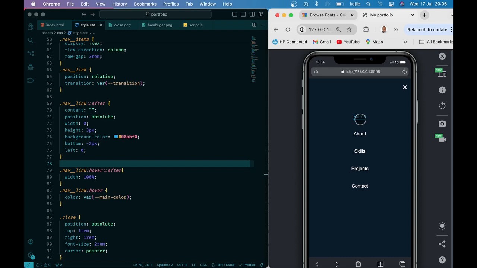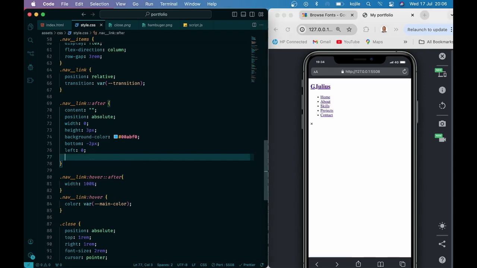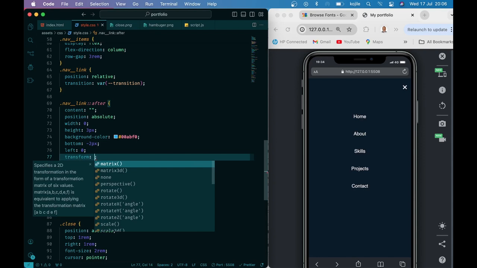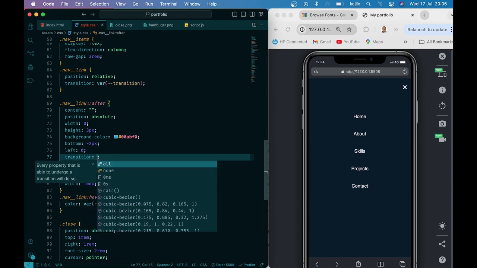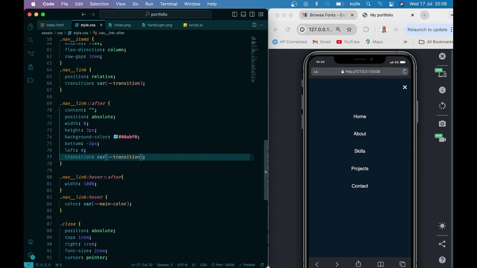Now again, it is suddenly appearing, so we need a transition again here. So transition. So we have this transition also applied. Now when you try, good. So everything is working perfectly. I'm happy about it. So next is going to be closing this after clicking, and I think we have to